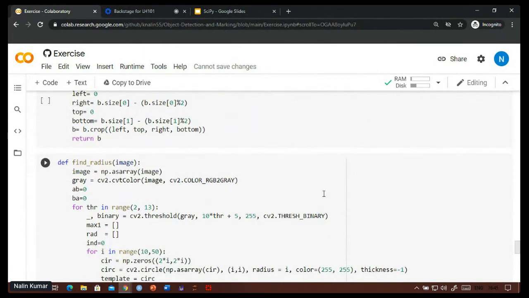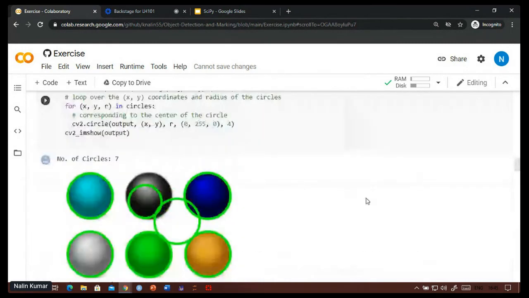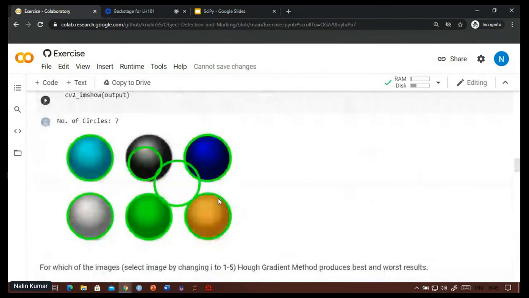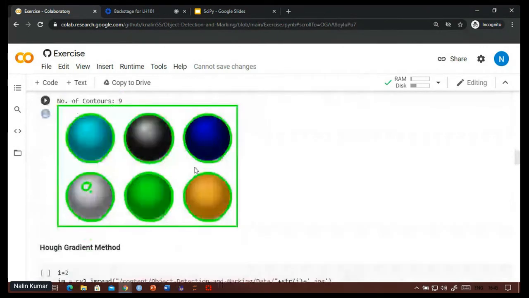Now those methods, contour and Hough circles, can be used here, because they have a pretty decent knowledge about these radii.